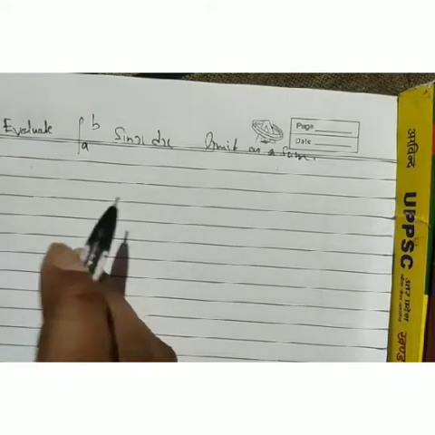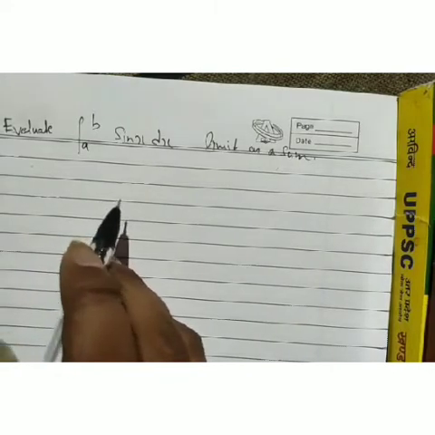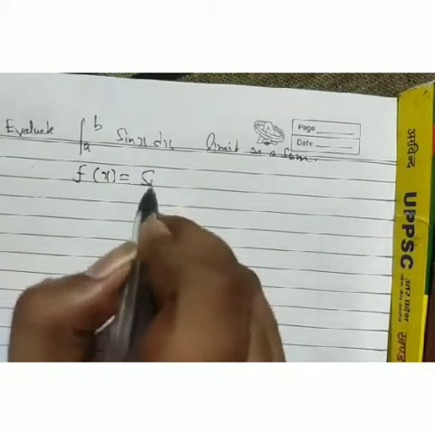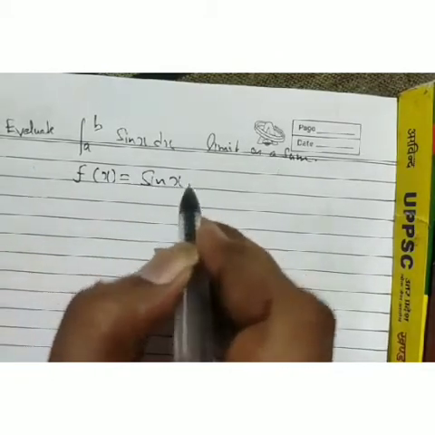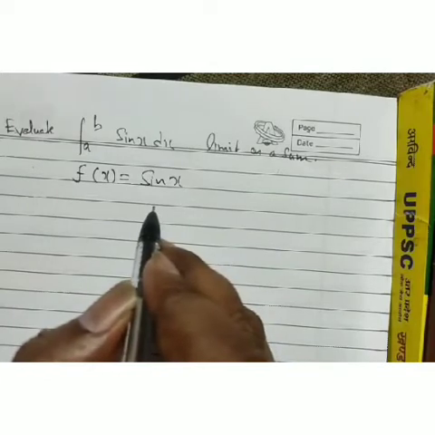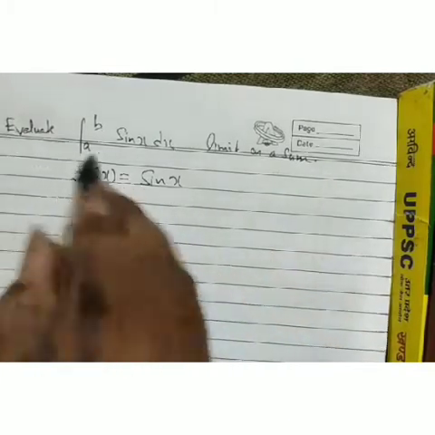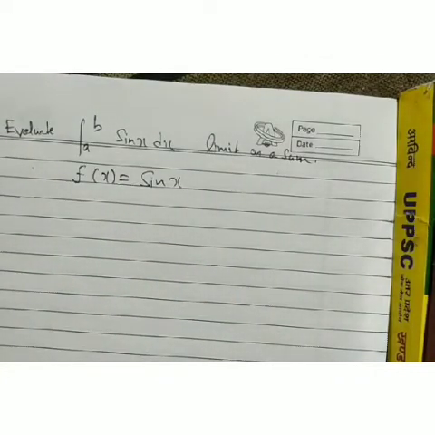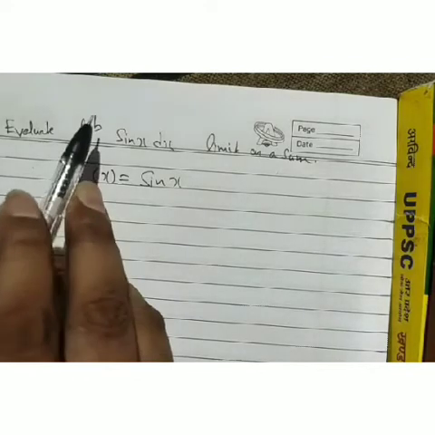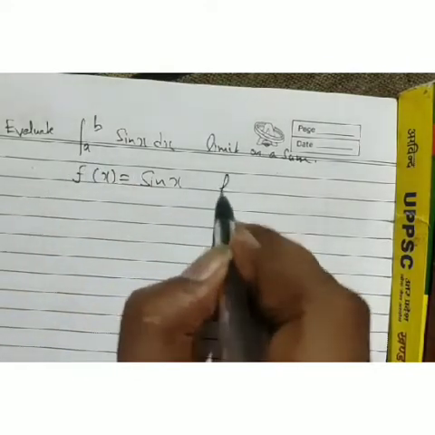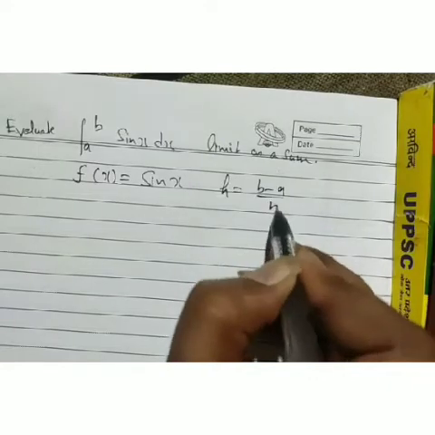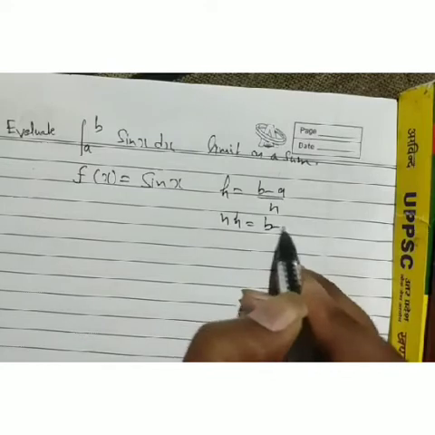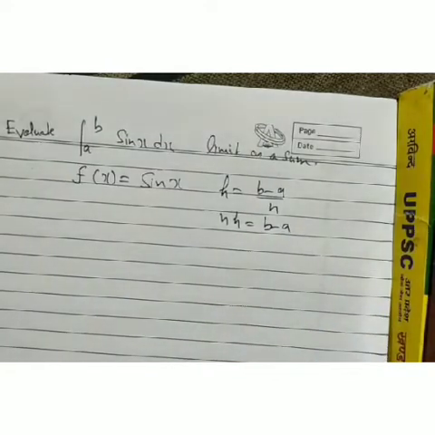Look again, we start by taking our f(x). What is our f(x)? f(x) is our sin x. Look, a is our a and b is our b there already. Then we don't need to find a and b there because it's already a lower limit a and upper limit b there. Then we have to find only h. Our h is given by b minus a by n. Then from here the value of nh is what? b minus a.